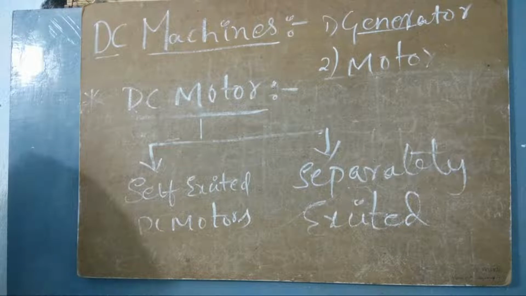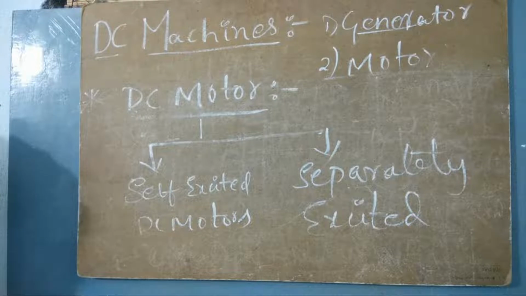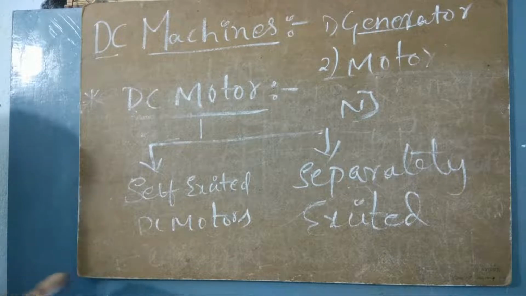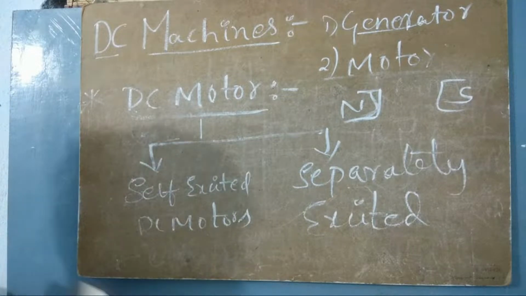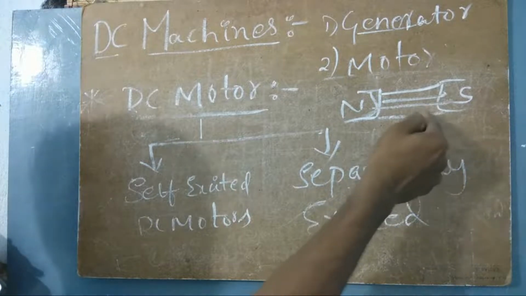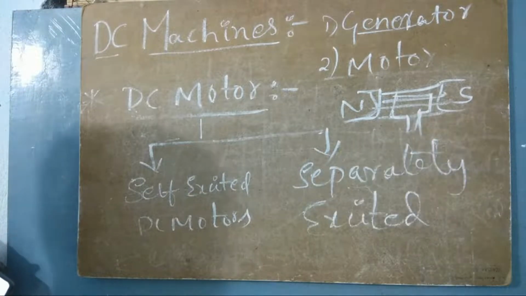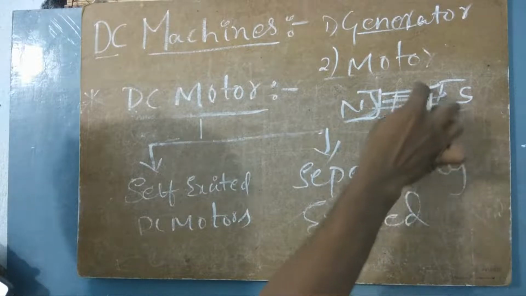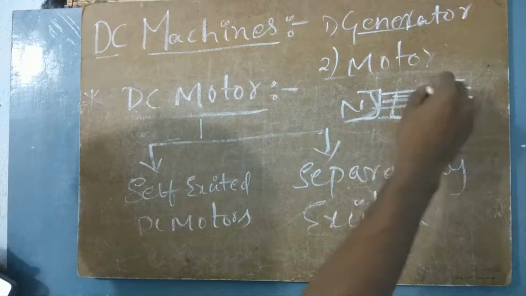Which opposes the force? Actually, I did not understand this question. Okay, I'll tell you again. When we have a north pole here and a south pole here, automatically the field lines will start flowing from north to south. These field lines will not allow any conductor to disturb them. Here we will have a conductor, and when we move this conductor, some EMF will be induced. But this field will not allow any material to disturb the field because the lines are flowing.